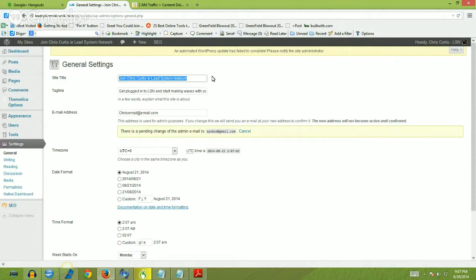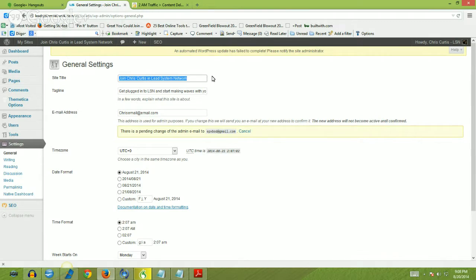And over time is the key, guys. When you have a strategy like what we're going over tonight with blogging, this isn't something that's going to happen overnight. It's not something where you just start putting a little bit of content on your blog and 2 or 3 days later you're going to get listed. LSN, the blog network, is not to that level yet. Now, eventually, as we have hundreds and thousands of members posting content on their blog, the content that you're putting on the blog will get listed very quickly. But as of now,